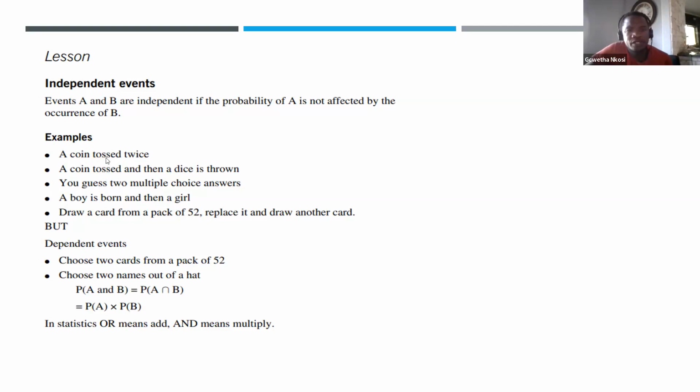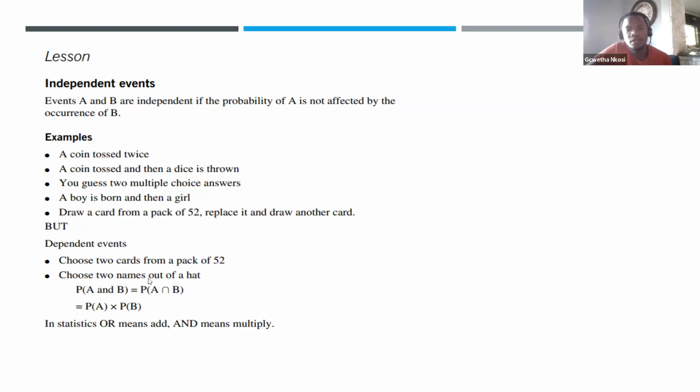Examples are a coin tossed twice, or a coin tossed and then a die thrown. These are independent events. You guess two multiple choice answers. A boy is born, then a girl. Those events are still independent. You draw a card from a deck of 52, you replace it and draw another one. Those events are independent. But for dependent events, you choose two cards from a pack of 52,